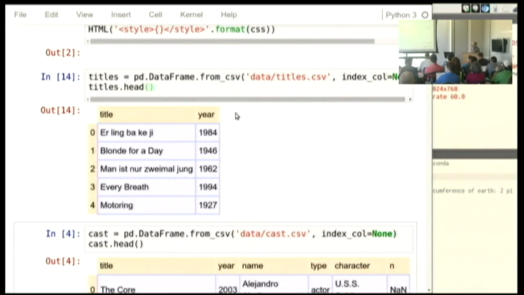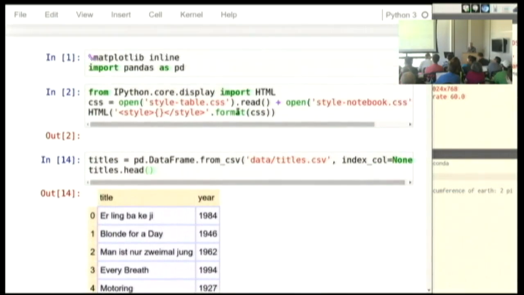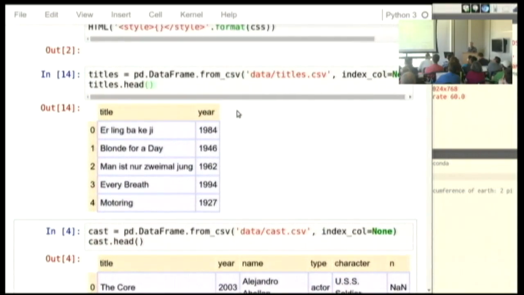And so you might find that there is an unfair bias against foreign language films here, just so that it doesn't crash Windows users. But it is a good subset of the IMDb, because I often find that one of the problems I had while learning was that I would read a tutorial on some science tool. So I'm unfamiliar with the science tool. I don't know what it's going to do. And they would run it on a data set that I had no intuitive knowledge about whatsoever.